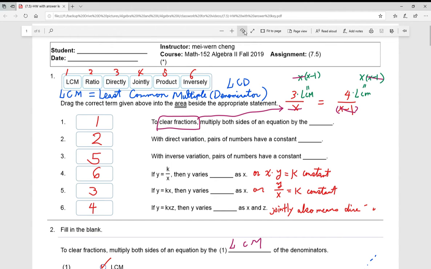Now, section 7.5. Section 7.5 focuses on the word problems. But I would like to say all the problems have two different types of word problems. The first type, I call it the real order problem. The real order problem means you need to read the question and translate the whole English sentence